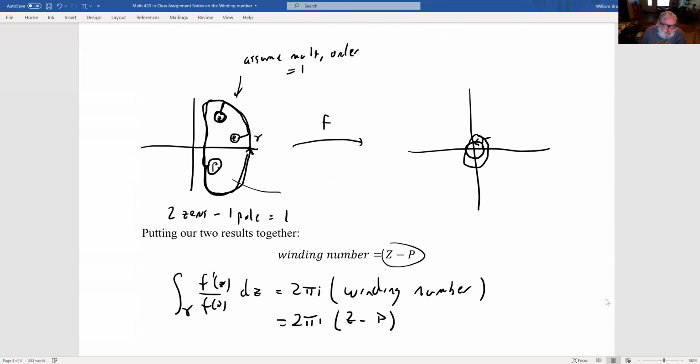Here, near the pole P, F has a pole, so F is sort of 1 over z to the n, right? And what we know about 1 over z is that it flips the orientation. If I'm going this way, the image of the path is going to be oriented in the other direction. This is going counterclockwise, so the image is going to go clockwise. We also know poles get mapped out to infinity. So this little circle here would get mapped out to a big circle